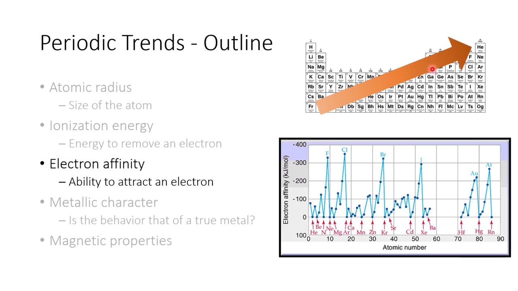And if you start talking about electronegativity, the ability to attract electrons within a bond, that's a little more steady. But we're talking about the electron affinity outside of a bond, so just a plain atom accepting an electron. And the trend is generally like this, but it really looks more like